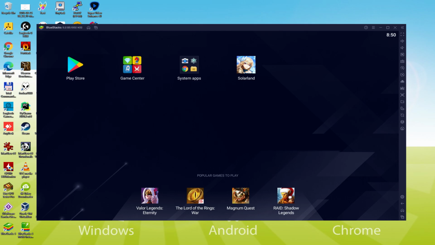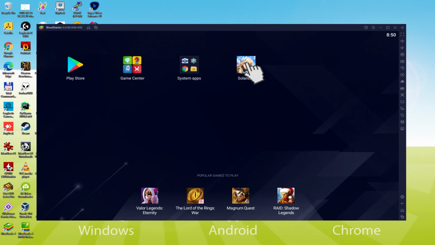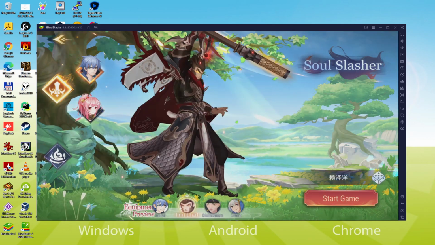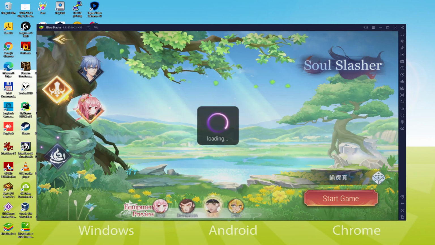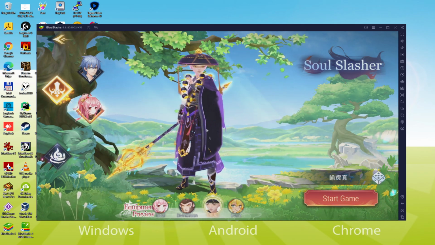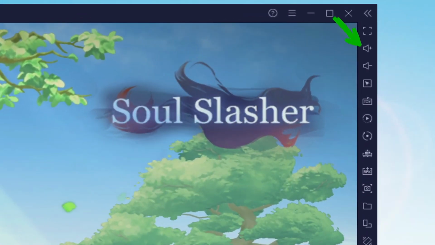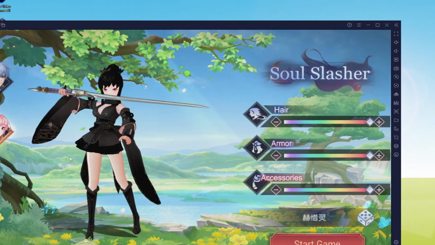I am presently on the emulator desktop, and we are preparing to click the fresh Solarland icon which was generated. That game app is launched for the very first time. Now there we get it, I am able to mouse click anywhere on the screen and also make use of the keyboard. I am going to talk about the volume of the emulator. It's right here. We use the icon of higher volume along with the icon of lower volume. This way we don't rely on the Windows volume to increase or decrease the audio of the emulator.